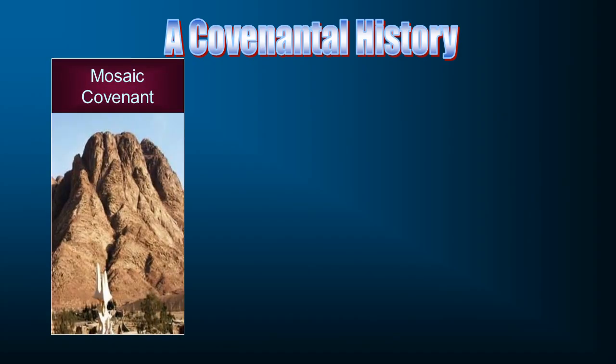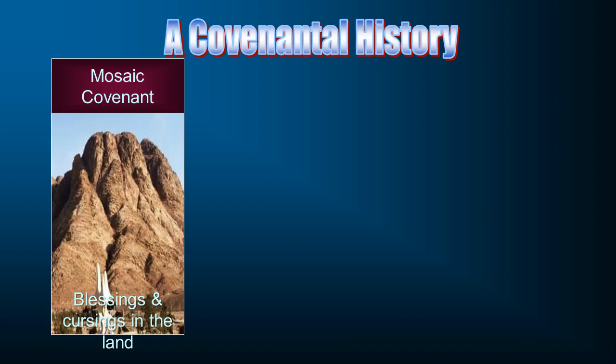Next, we move forward to the Mosaic covenant, where God enters into a covenant after he has brought his covenant nation, the descendants of Abraham. He's brought them out of Egypt. They have come into the wilderness to Mount Sinai, and there God enters into a covenant with the Israelites, and he gives them blessings and cursings. This is both in Leviticus and again in Deuteronomy, and that's covenant language. The blessings and the cursings, we're going to see, that's actually part and parcel with a covenant. Blessings if you keep the covenant, cursings if you break the covenant, and they are very, very involved. They're the big so what in the book of Leviticus.